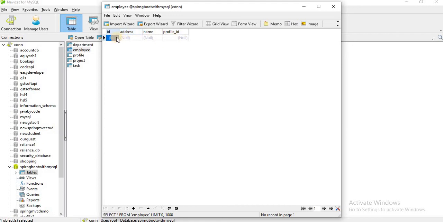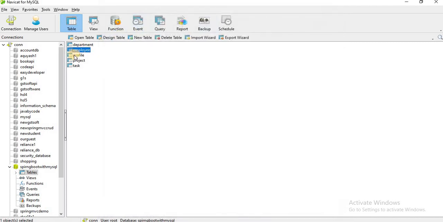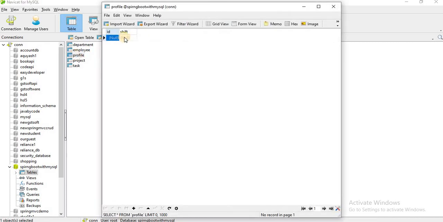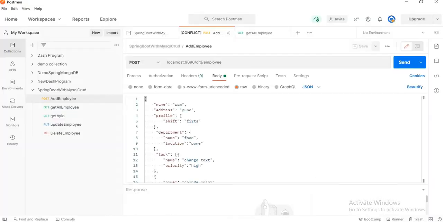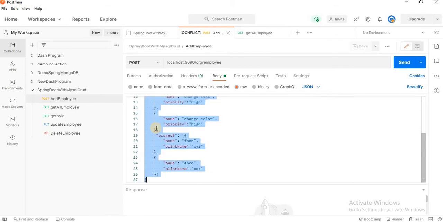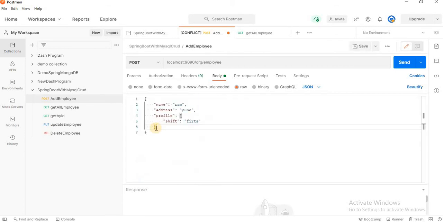You can see here id, name, address, and profile id. If we open profile, we have only two fields, id and shift. Let me enter one record using Postman. Let me clear this, earlier we performed all this using unidirectional. Let me clear. Okay, let's click the send button.